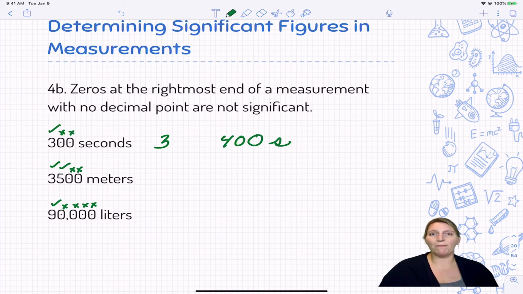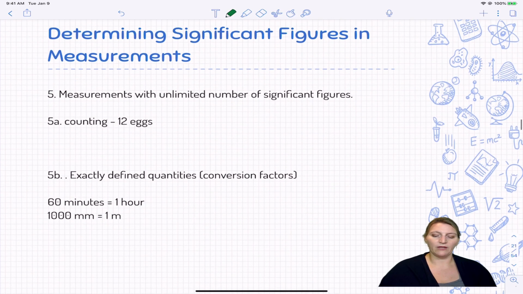So it's all about where they are. The first thing you look at is where is the 0: beginning, middle, end. And after you do that, then you look, is there a decimal point or is there not a decimal point? There's a few more other rules that